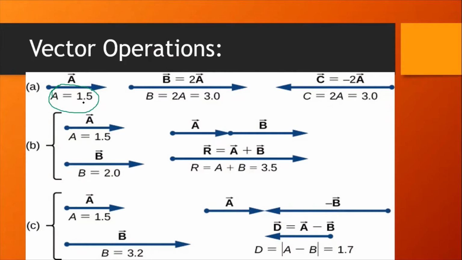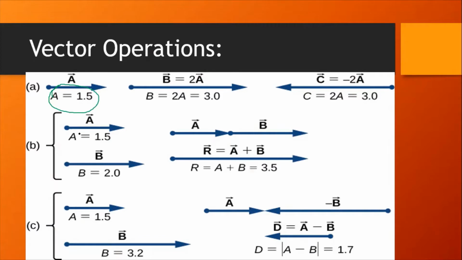When I add them, what will happen? It will become 1.5 plus 3, so it will be 4.5. I can easily add it. But this is vector C, which is opposite in direction to vector A, so its direction will be on the left hand side. Vector C is also twice A, but its direction is opposite to vector B or vector A. So vector C equals minus 2 of vector A. When the direction is the same as vector A, it is positive, but here the direction of the vector is changed. So vector C equals minus 2 of vector A.